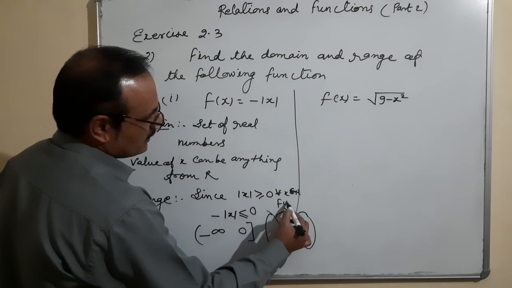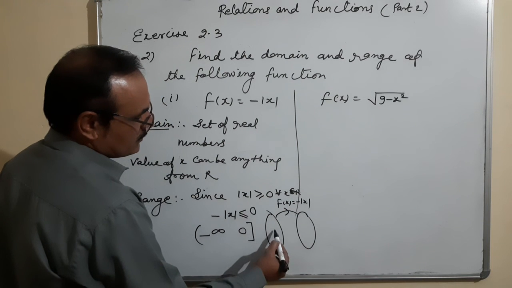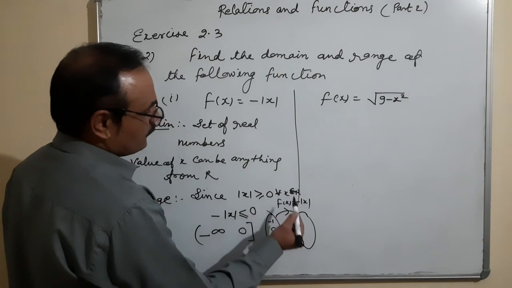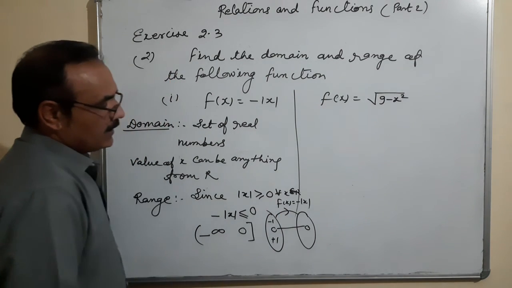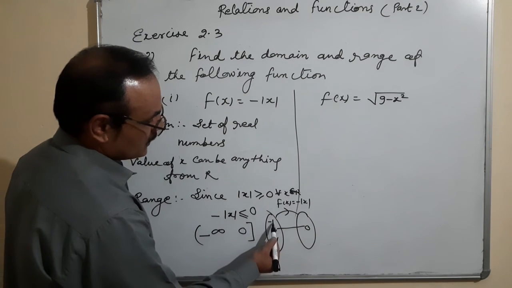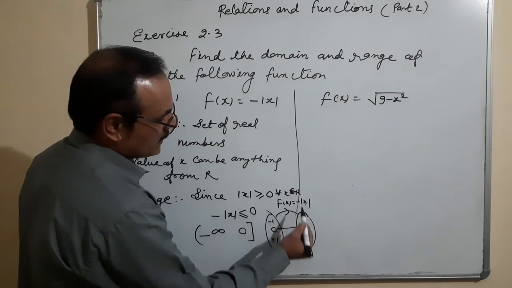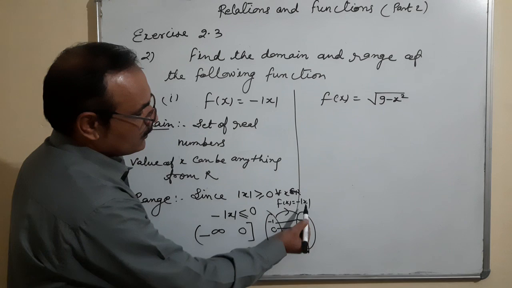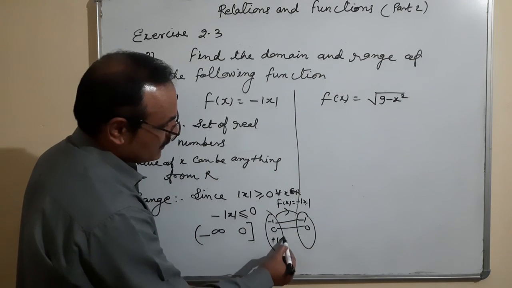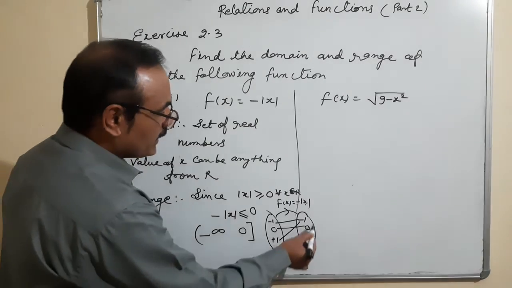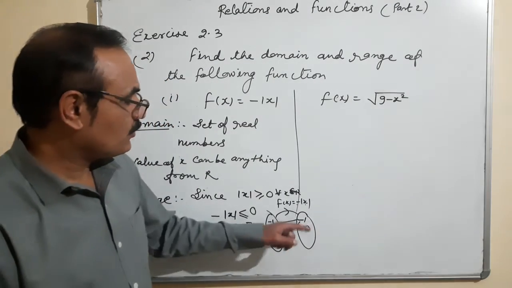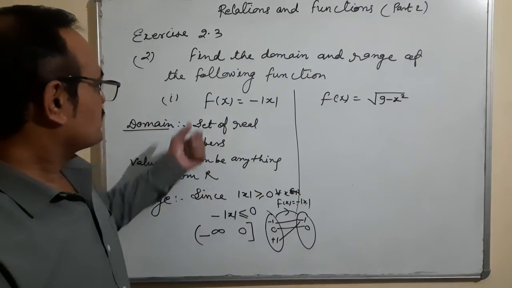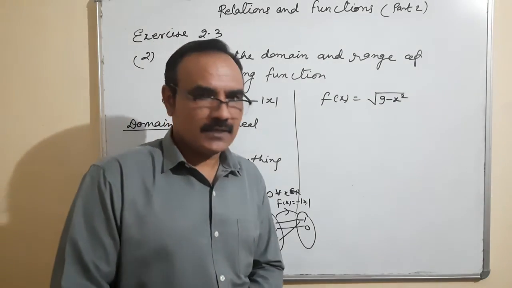With the help of an example, I would like to explain. Suppose this is the function f of x is equal to minus mod x. Take the values 0, minus 1 and plus 1. When I put 0, the result is 0. No problem. If I put minus 1, inside the mod it becomes plus 1, and with the minus sign it is minus 1, so its image is minus 1. Now I take plus 1. Plus 1 multiplied by the minus sign gives minus 1, so its image is also minus 1. So the range is in the form 0, minus 1, minus 2, minus 3. You are not getting any positive number. So these are the domain and range of this question.